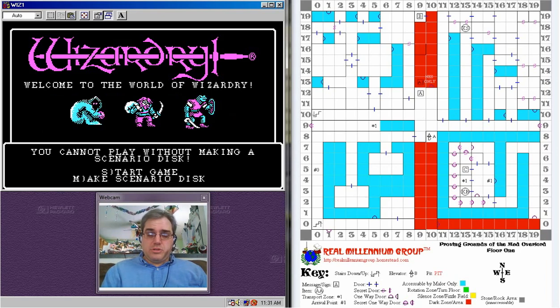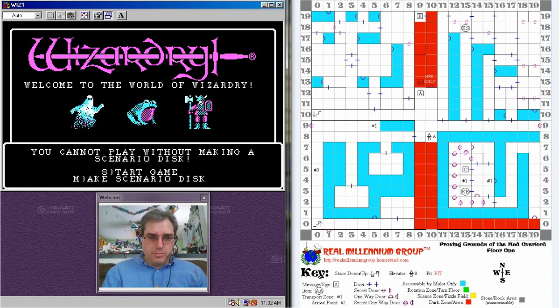That was '78, '79, right around that area, and then Wizardry really hit its stride when it came out for the PC, for the IBM 8086 type computers. And this here is what we are playing.